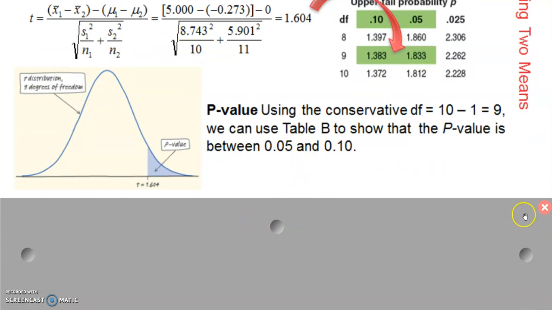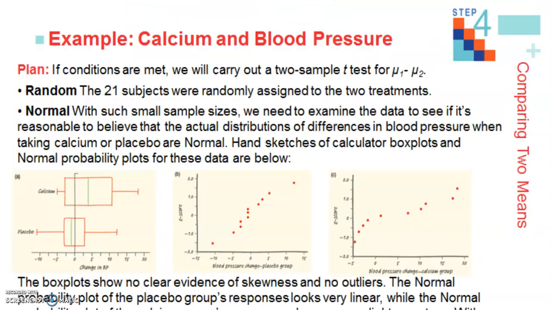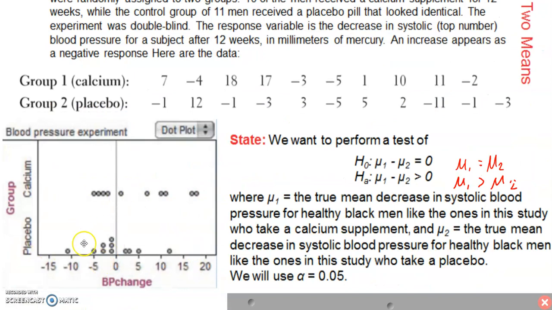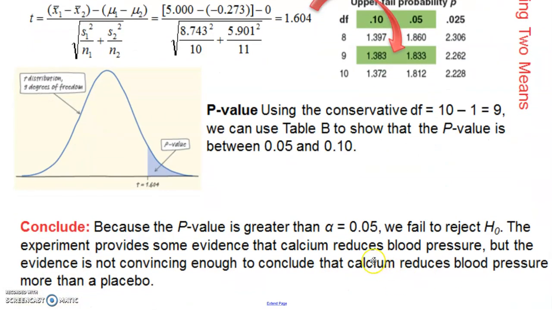Then make a conclusion. Since that p-value is larger than 0.05, we fail to reject the null hypothesis. The experiment provides some evidence that calcium reduces blood pressure, but it's not convincing. So we do have some evidence that this group on average did better than this group, but it's not strong evidence because the p-value wasn't low enough. Okay. So we do not have convincing evidence to conclude that calcium reduces blood pressure more than a placebo for this